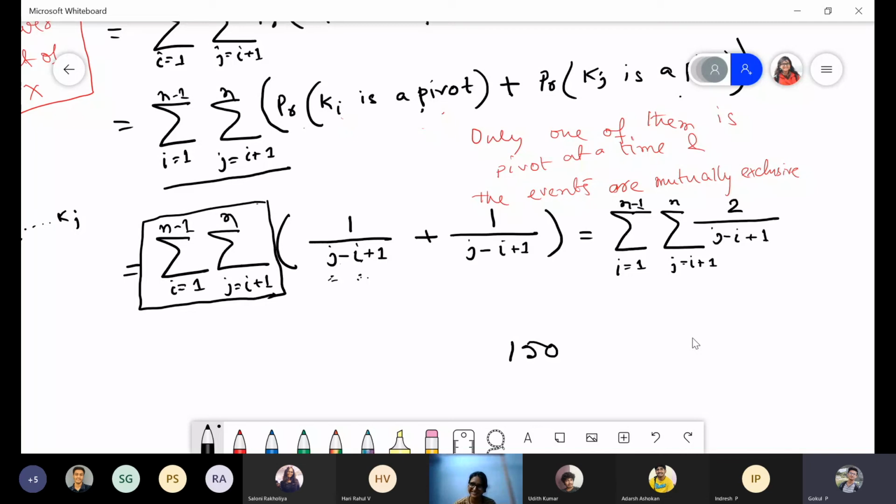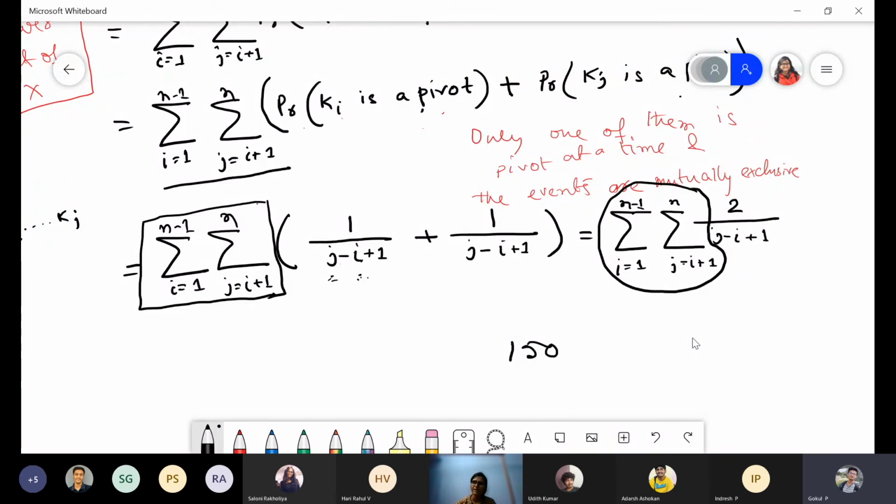So what else? For any given i comma j, what will be the total number of elements, ma'am? N, or just between the i and j? Between i and j, no? We are comparing between two elements. But still the other elements are present, no, ma'am? Yeah, they are present. That's why we are taking all possibilities of i and j. Other elements are present, but they are not getting compared at the same time, right? But they will be compared somewhere later.